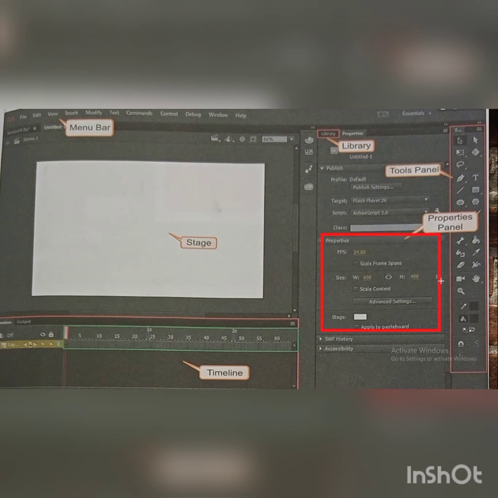If you want to make any changes, you can do it by using the properties of the selected object. Like if you want to change the width of your stage area, here is W for width and H for height. So if you want to change the default settings of the selected object, you can do it by using the properties panel.